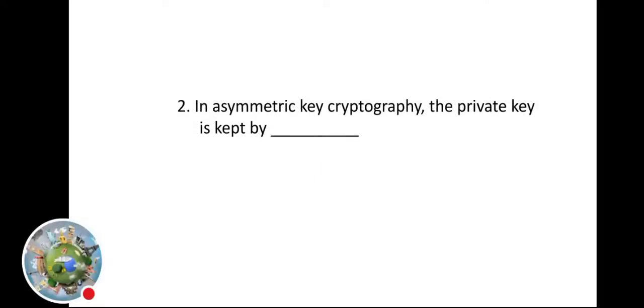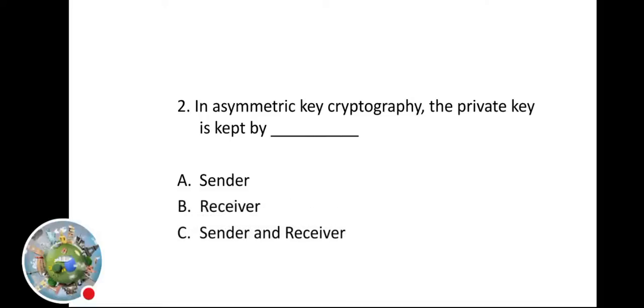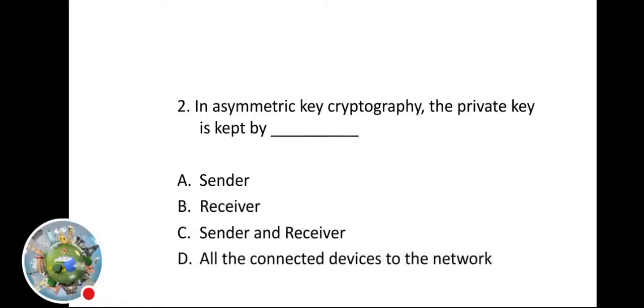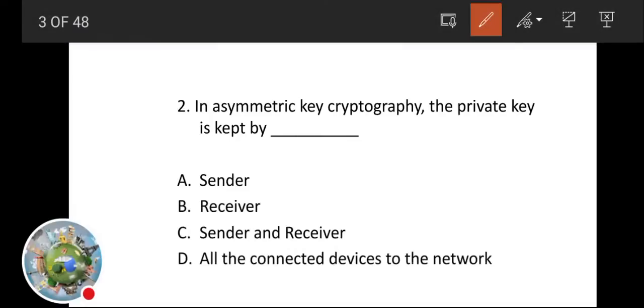Question number 2. In symmetric key cryptography, the private key is kept by: A. Sender side, B. Receiver side, C. Sender and receiver side, D. All the connected devices to the network. Answer will be